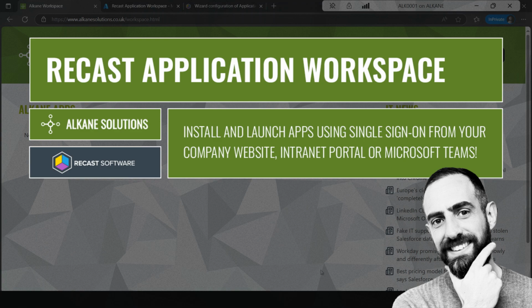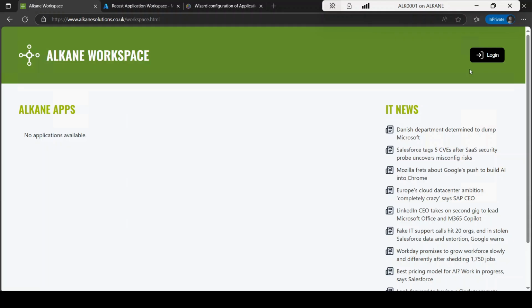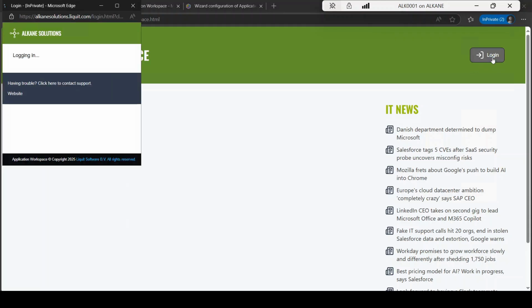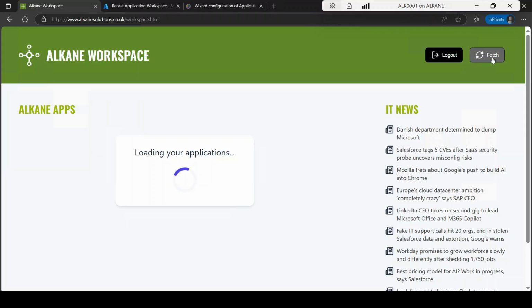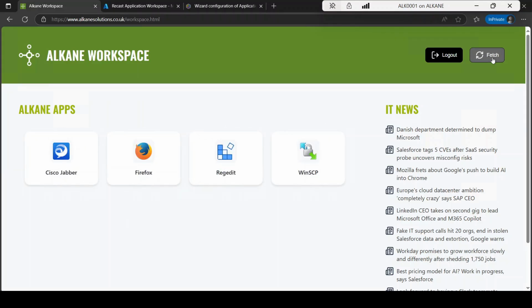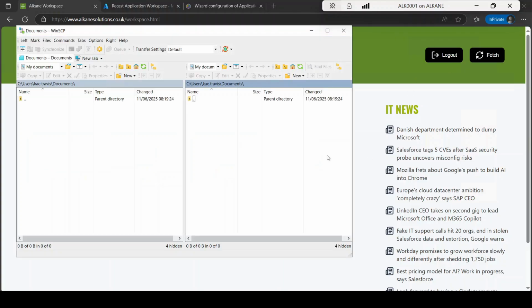I wanted to give a quick demonstration of how we can use Recast Application Workspace to deliver our applications using a web interface, whether that be an internet page or an intranet page, and also with a Microsoft Teams integration. You can see here that we're utilizing single sign-on to authenticate using our Azure tenant, and we've integrated the Recast Application Workspace into our publicly facing website, where we can now launch, for example, WinSCP, and any other application that